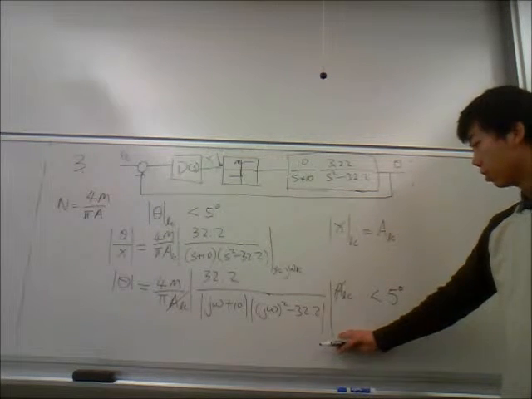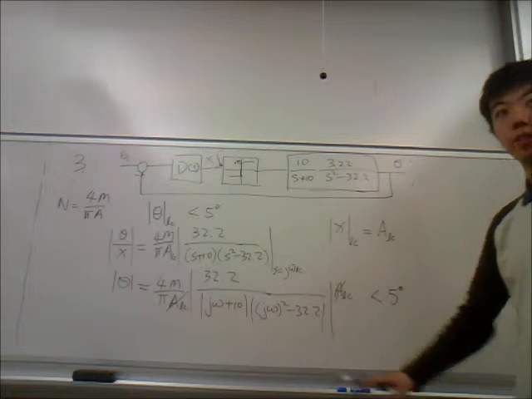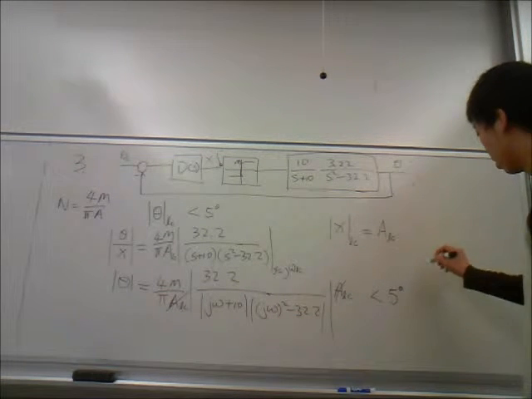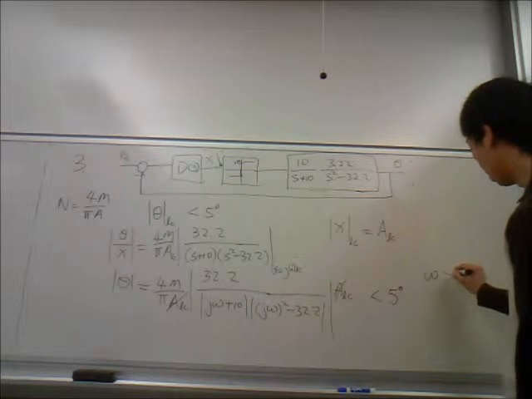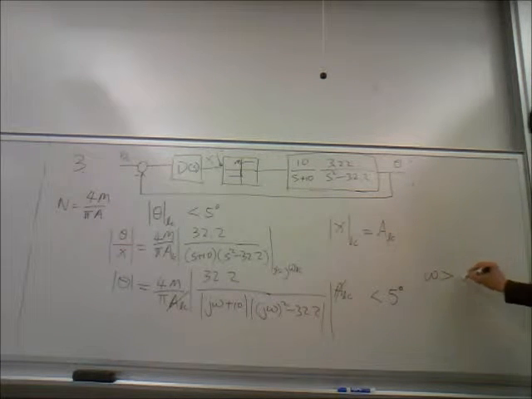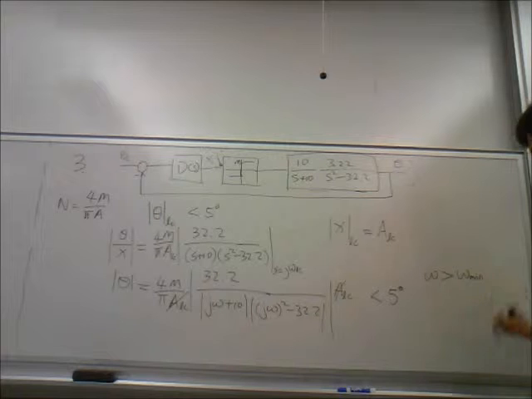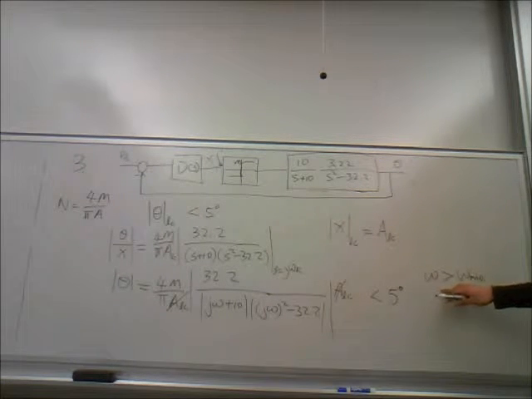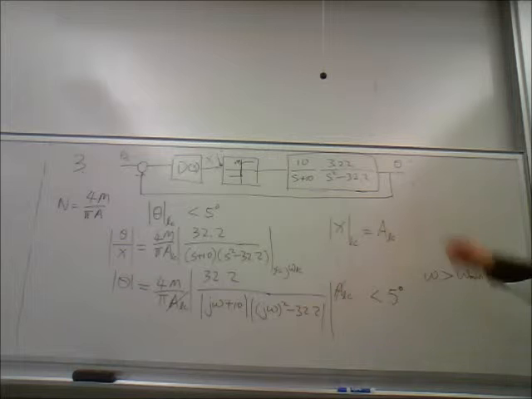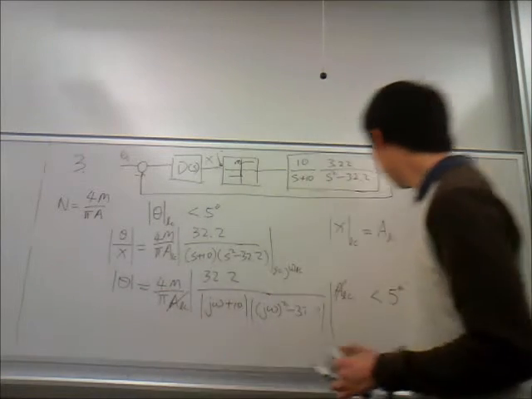So when you do this, this is a function of omega. So you'll end up with something that says omega has to be greater than some omega min. Okay. And once you have that, you can start doing your Nichols plot, and then figuring out exactly how much phase lead or lag you need. So let me just